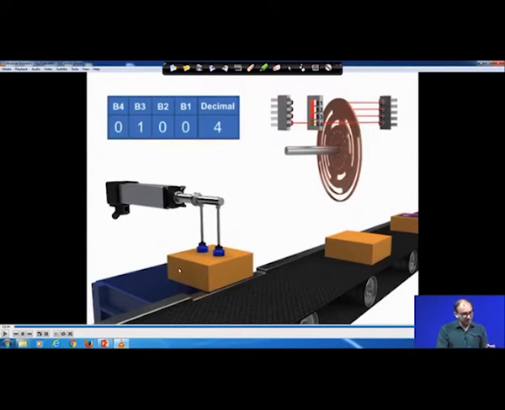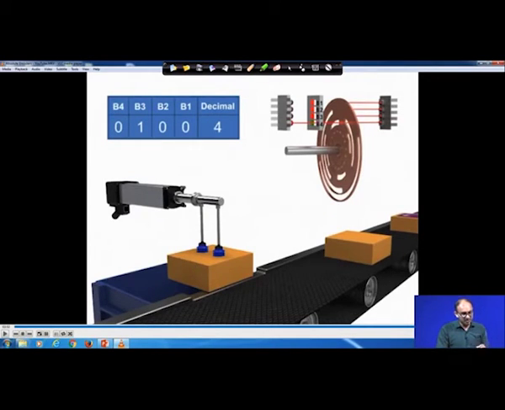Now you can see that it is not only the encoder, there are many sensors used for making this system work. This one is the vision system, which is finding whether wrapping is there or not on the box. Another thing is the location of that particular box. That is where you can find the use of this encoder. After that, there is the actuator and other signal processing, which will tell you when this box is coming just below the robotic arm. Then you create a vacuum on this part and take it out of this belt drive and put it into the bin.